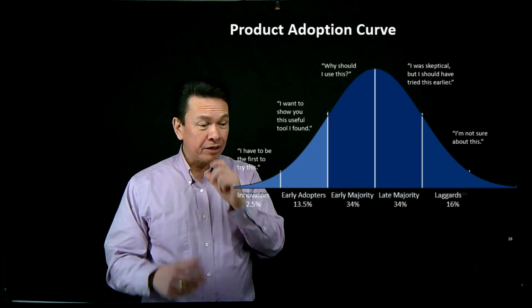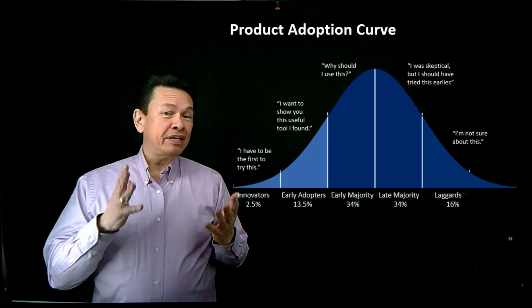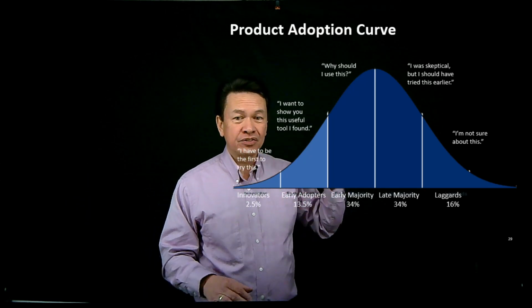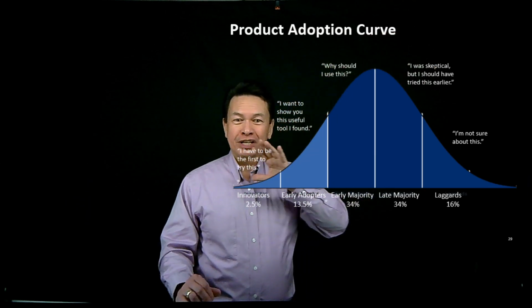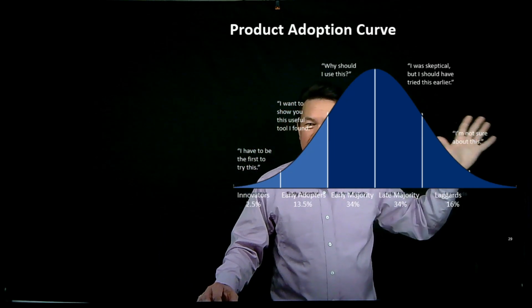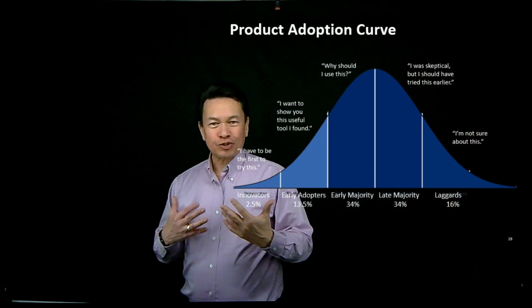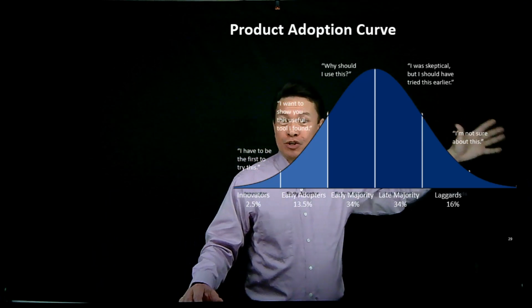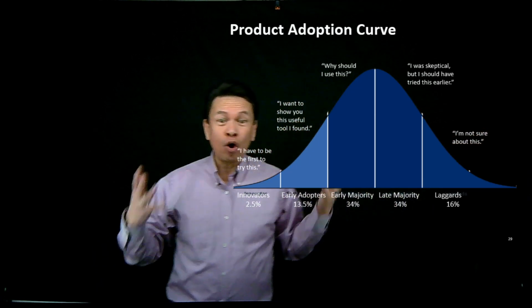Now, one thing I will tell you, resist human nature when it comes to some of that. Because what happens is that when we're actually selling something that's amazing, we may get some negative feedback from some of these laggards, right? And human nature makes it so that we think, hey, I want to convince him that he needs to use it, right? Don't.